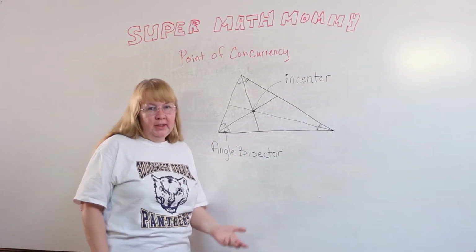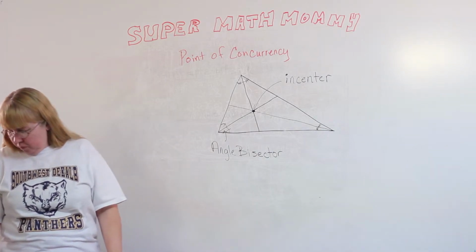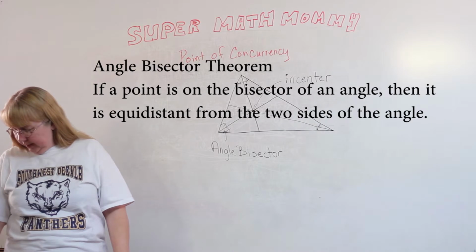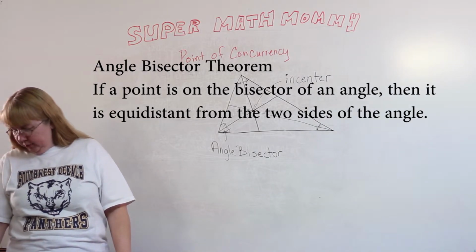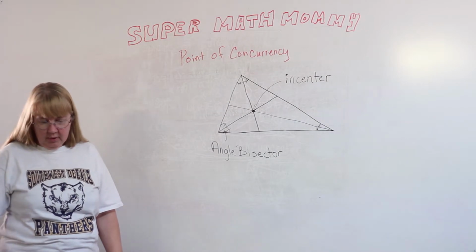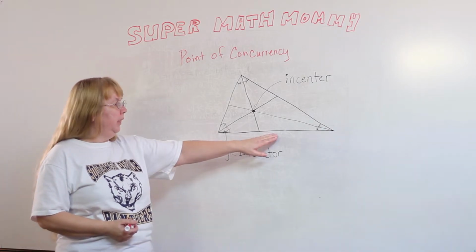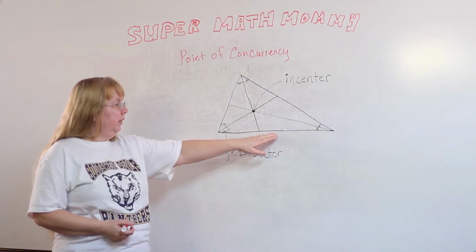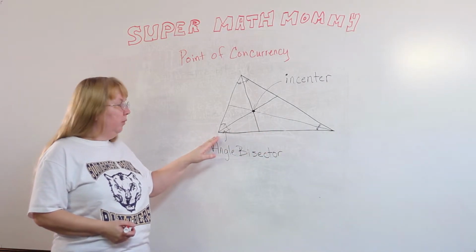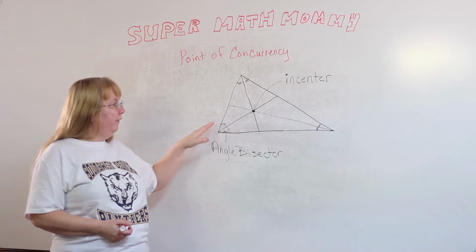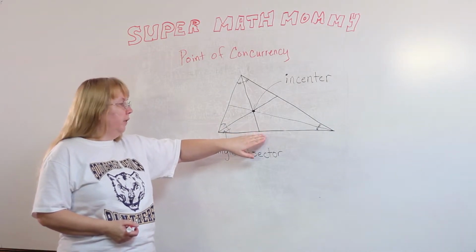So what can we do with the incenter? We have the angle bisector theorem that says if a point is on the bisector of an angle, then it is equidistant from the two sides of the angle. So in our last one, the perpendicular bisector, we started at the middle of the line and we had equidistant segments from the angles. This time we start at the angles and we're going to have equidistant segments from the